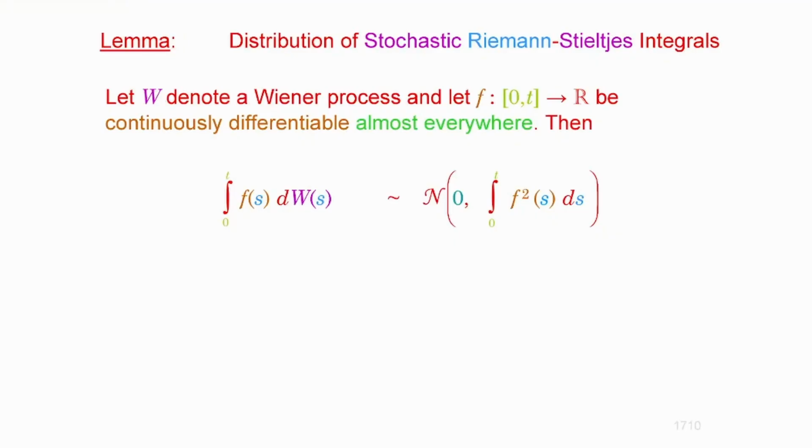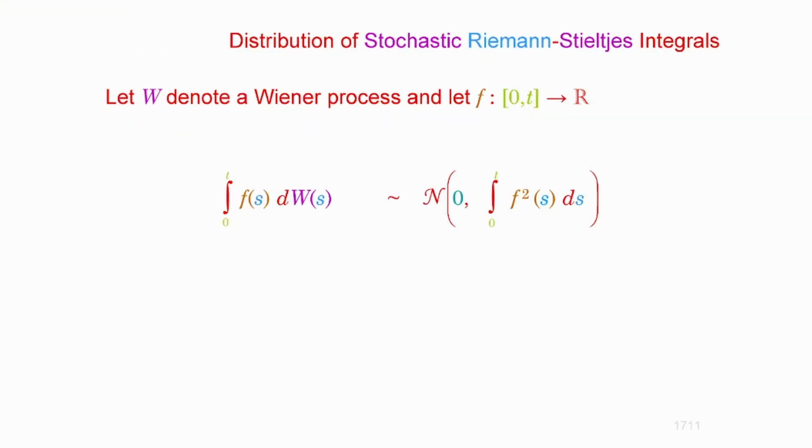Okay, so that is also not a surprise, again, because the normal distribution is reproductive with respect to sums, and also with respect to linear transformations. So it's not a surprise. Now, I'm going to look at these examples. So the first example for the deterministic function was the identity. And in this case, I'm going to address the distribution of the corresponding stochastic Riemann-Stieltjes integral with the identity. So you have simply the identity function.